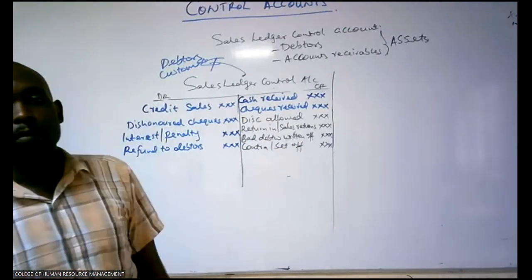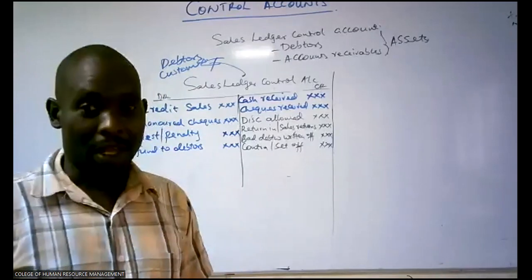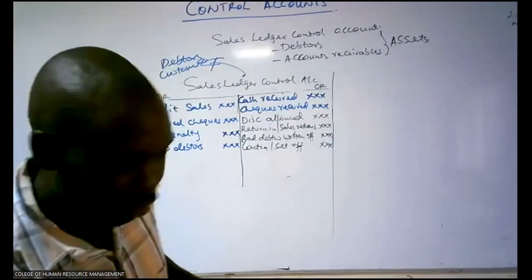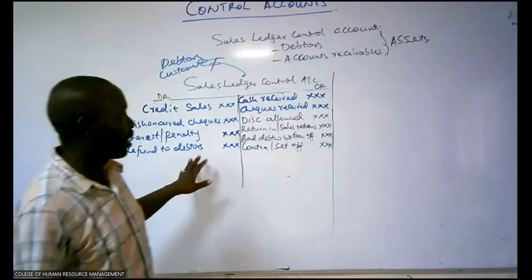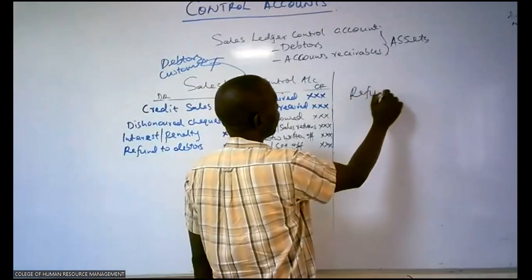Refund to debtors. It is supposed to be on the debit side. It increases the balance. The debtors are supposed to pay us. I know it is normally an issue in most of the classes that I conduct, and I can explain it like this. The refund to debtors